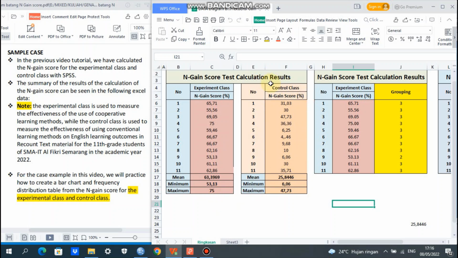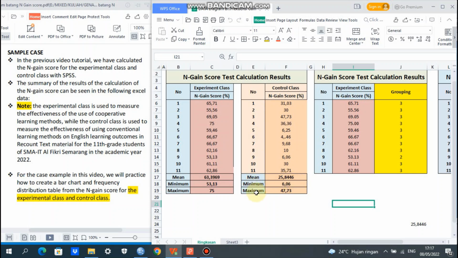About the control class n-gain score percentage, here it starts from 31.03 until 35.71, with a mean n-gain score percentage of 25.8446. There are 11 participants.